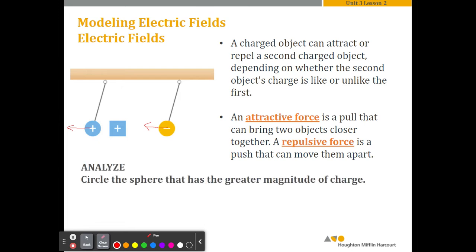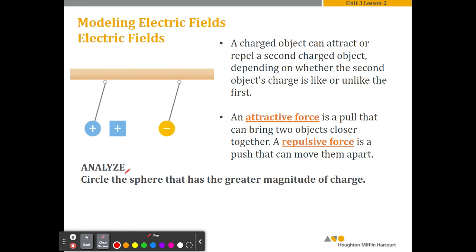So which sphere in this case has a greater magnitude of charge? How can we tell? Well, we can look at the angles they're forming, right? The string on the positive ball is at the same angle as the string on the negative ball. So they're both being pulled with the same amount of force. If there was a stronger force pushing the positive ball away, we would see that the angle of the string would become smaller. It would be pushed farther. So in this case, the angle is the same, so they both have the same amount of force acting on them, but